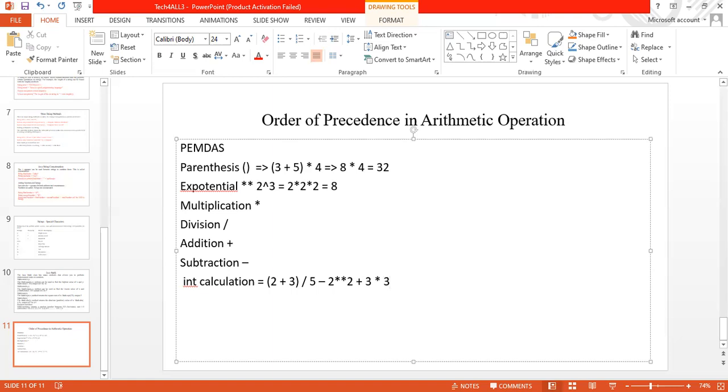Now, looking at this complex expression that we've written, all we have to do is follow our PEMDAS,